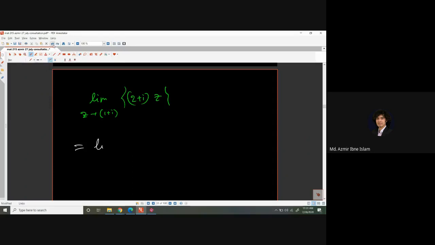Instead of writing again, we can directly say 2 plus i, inputting the limiting value 1 plus i. Since it is not in 0 by 0 form, it is just in normal form. If we have 0 by 0 form, that is an indeterminate form, then L'Hopital's rule can be applied. It's not L'Hopital, it's L'Hopital. Okay,